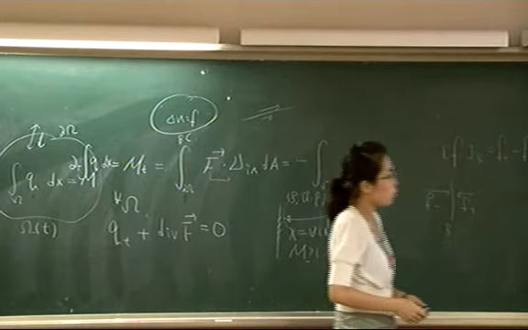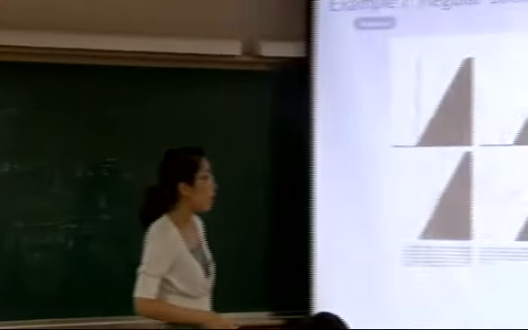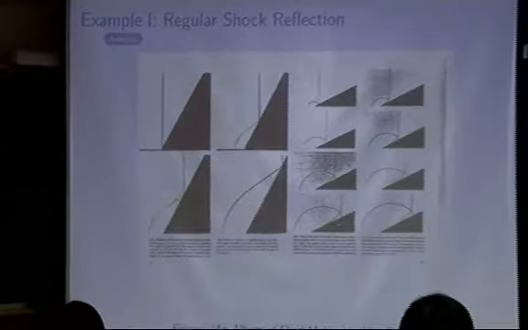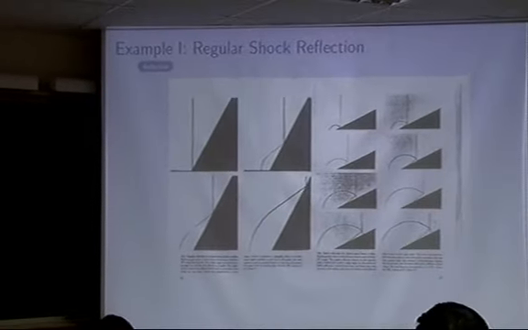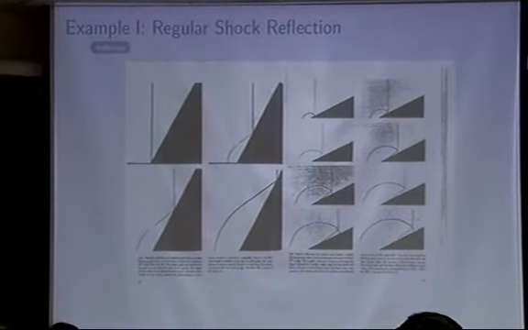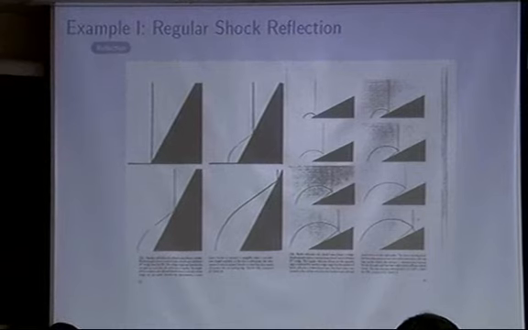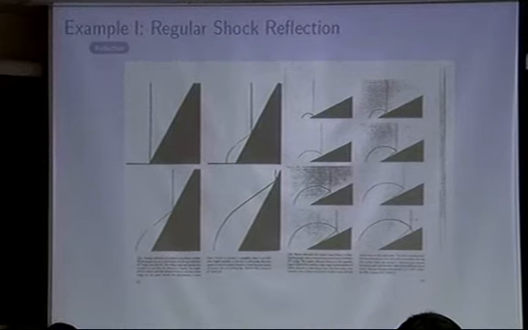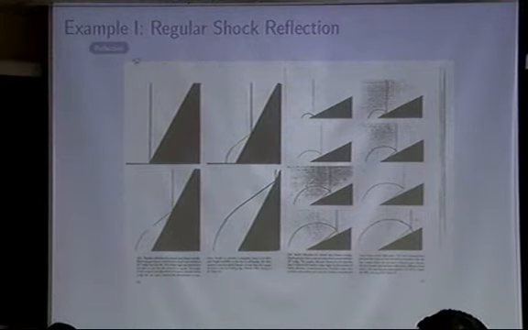Still, we don't know how to find the exact location of this reflection point, or how to find this reflected shock plus this vortex shear. Some people call it a contact discontinuity. Okay, so to convince you that all these phenomena happen in a self-similar pattern,